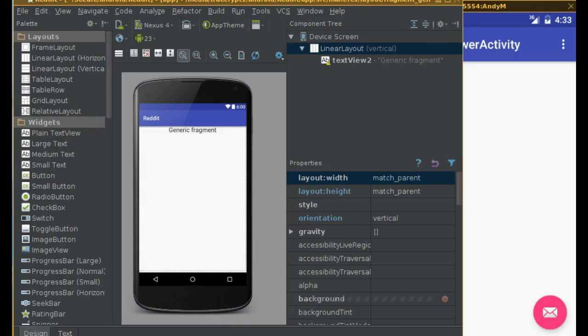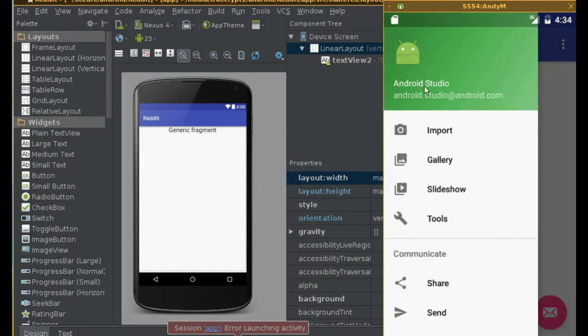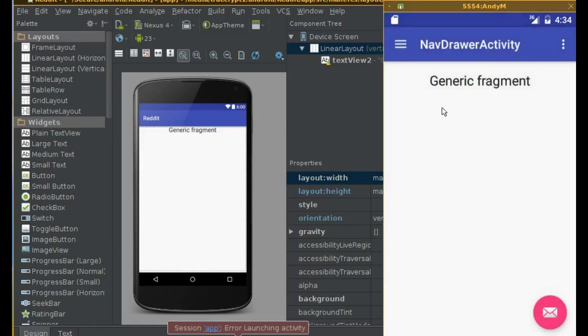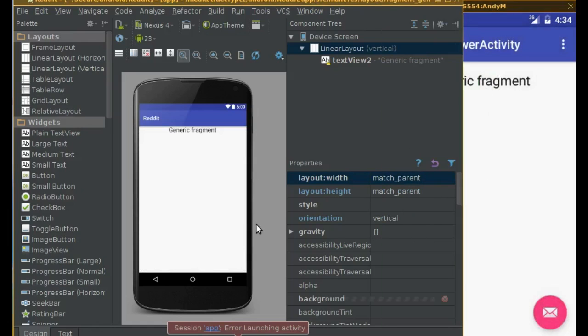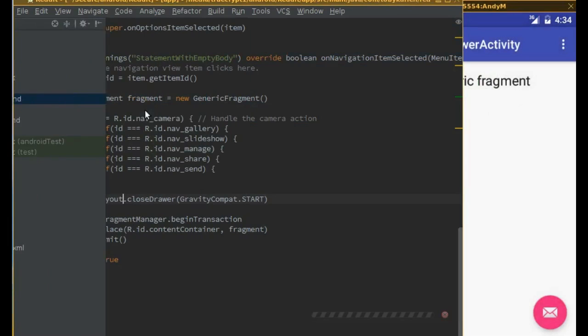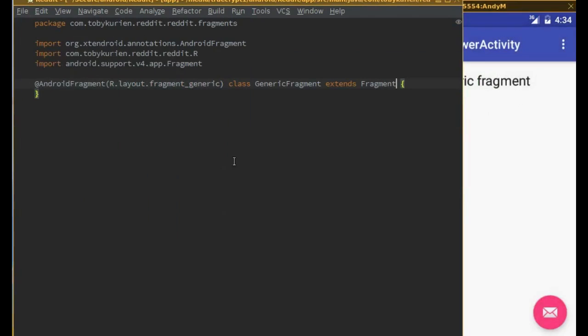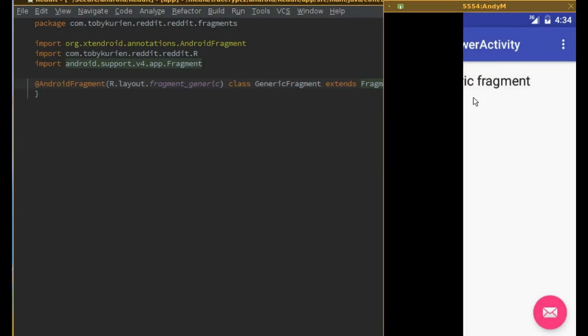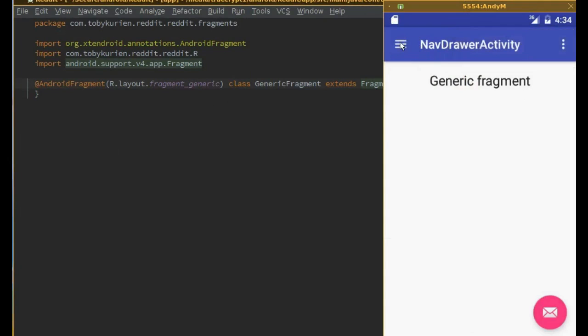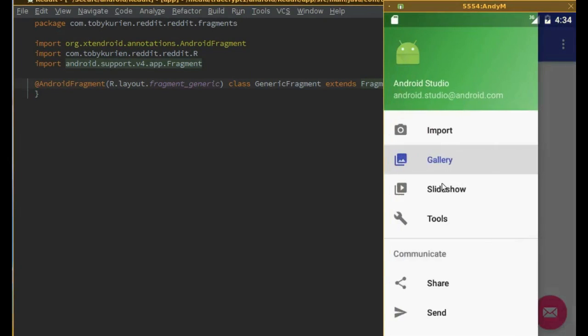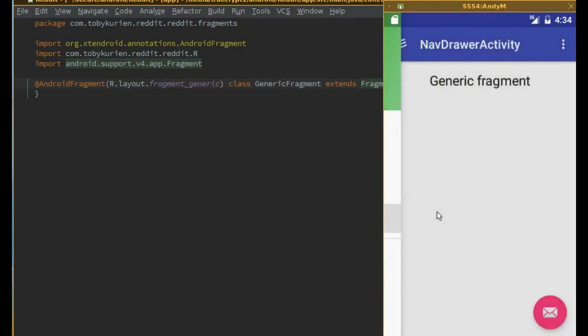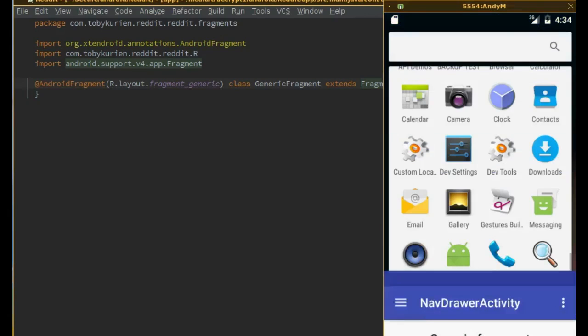So we can run this now. And now when we select any item, generic fragment appears. And this is quite simple. If you look at our code, we have probably the shortest fragment you could probably create. Great. We can also click on other items and they all load new generic fragments, but we can't see any change